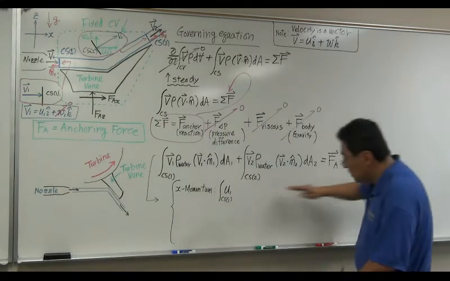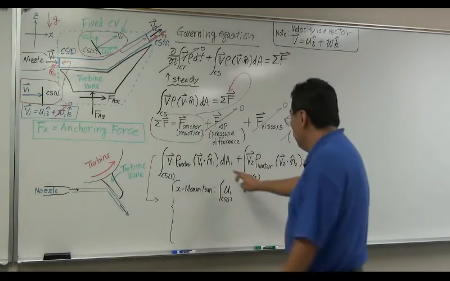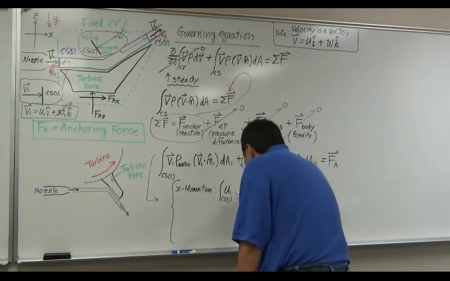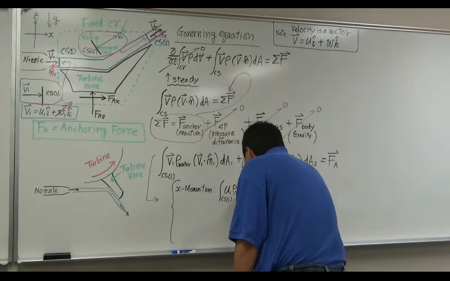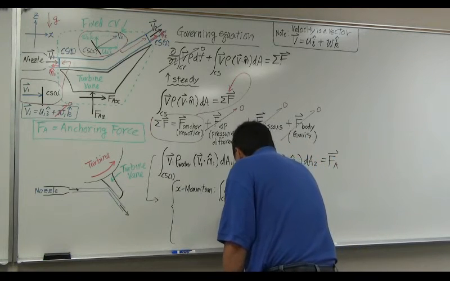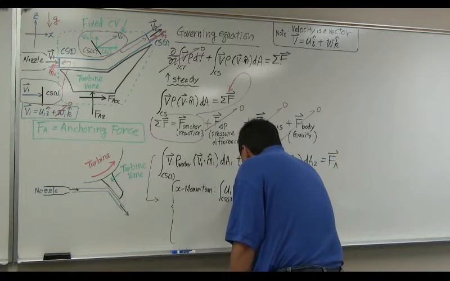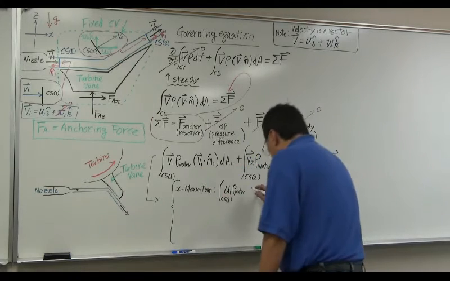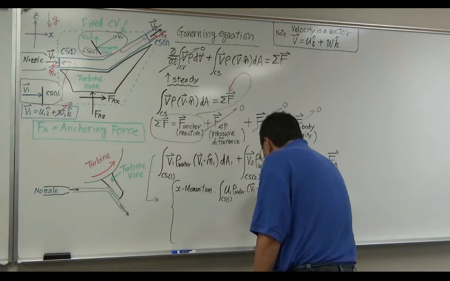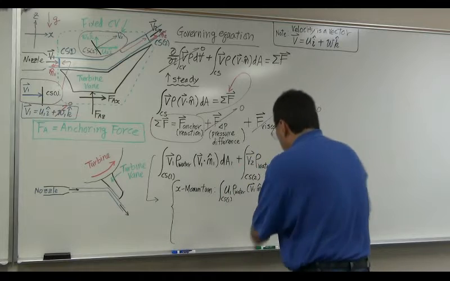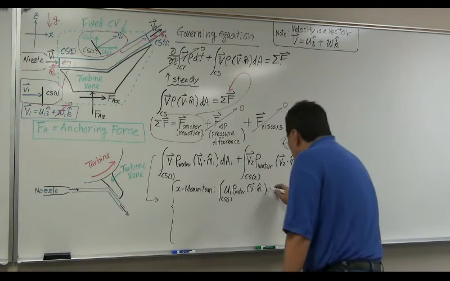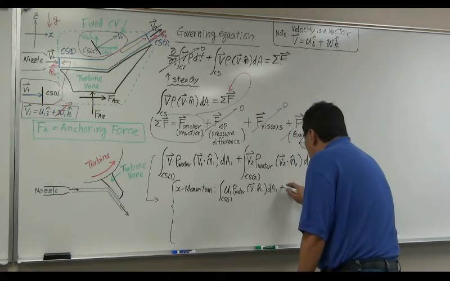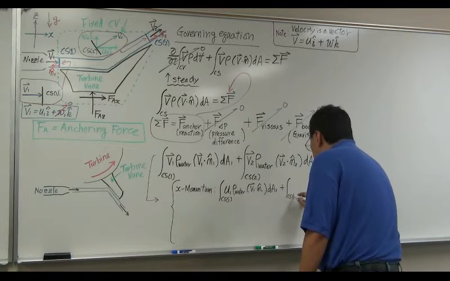In the x direction only, this is u1, multiplied by rho water, v1 dot n1. If you take a dot product, this is a scalar, integrated over cross-section area A1,